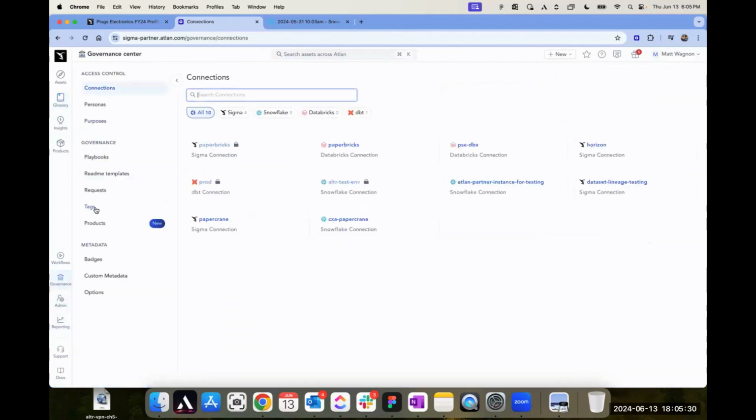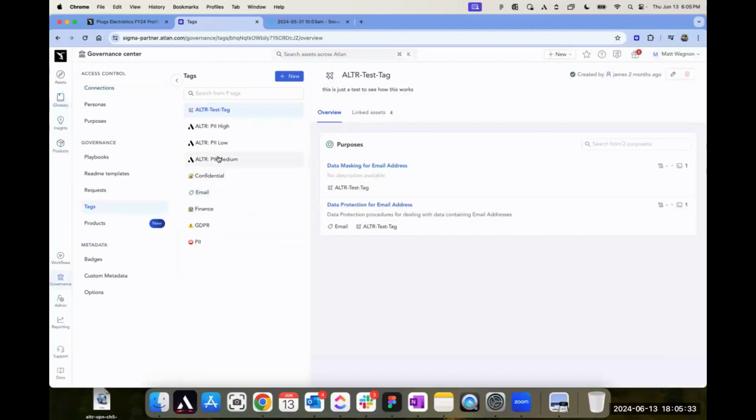From a governance perspective, we first made the tags. It probably took us longer to decide what tags to make than it actually took us to configure this. But PII high, you can see this is related to a purpose here. We'll talk about that in a minute. PII low and PII medium privileges is our basic, very common implementation that we see in the field, where customers like to have a stoplight red, yellow, green privilege or high, medium, low privilege access management users, where they're able to line up their PII data elements to a stoplight setup, where high privilege users get access to a certain subset in a certain way, medium privilege